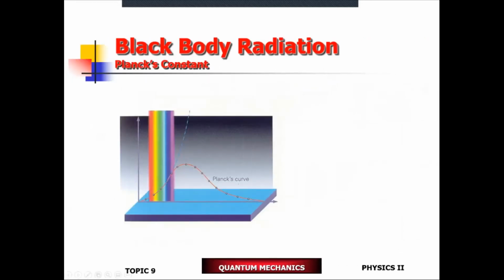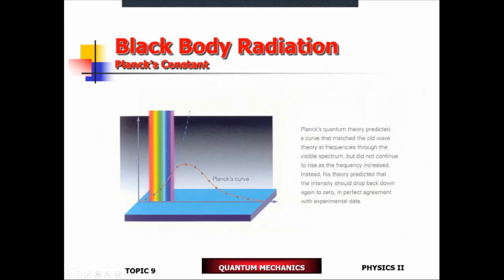And Planck knew that he solved the problem because when he plotted his solution, he came up with a black body radiation curve at a given temperature. And when he plotted the data against it, the data that you're looking at, these dots, perfectly match the solution, the curve that the solution generated. That's it. Except there's a slight catch, which came out of the way he was solving the problem,